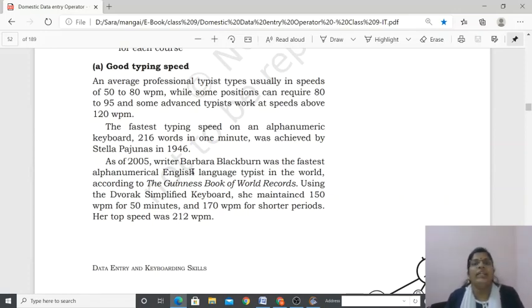While typing, when you get the result, three things you have to keep in mind: how many words per minute you have written, how many characters per minute you have typed, and how many keystrokes per minute.